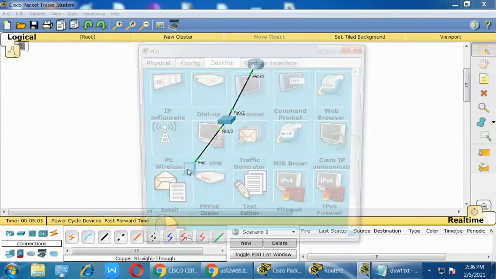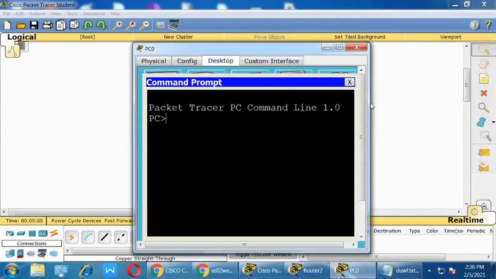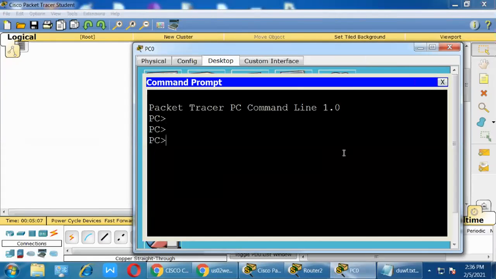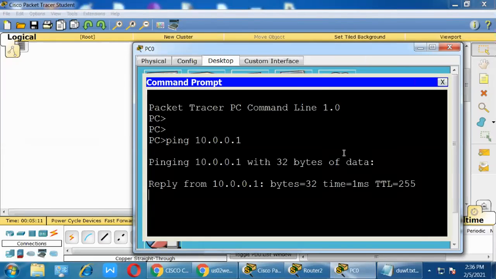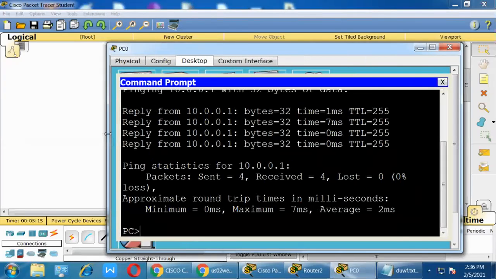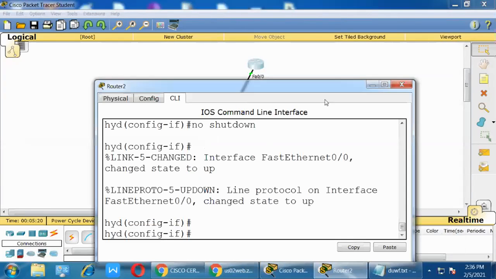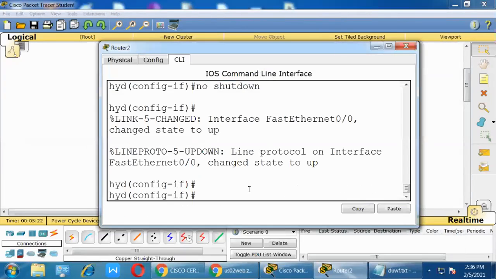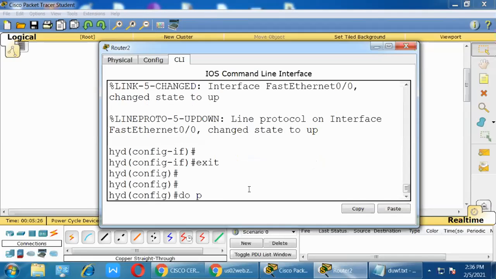Now check the connectivity between my system and router. What is the command? ping 10.0.0.1. Yes, my connectivity is established, so I can ping. And from the router I can also ping. The command is ping 10.0.0.1.